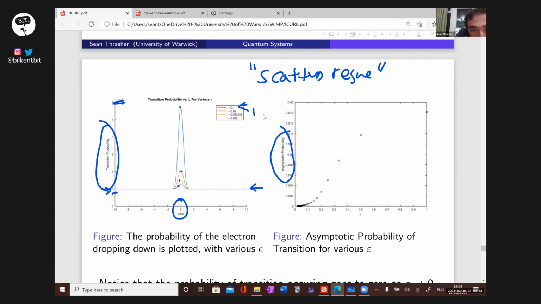So, the amplitude hits a maximum and it goes back down, but it doesn't go exactly to 0. It goes to some value, and that's the value we're actually interested in. And so I plotted what that is in terms of epsilon, and you can see that it forms kind of a weird graph. Now, the question is, does this confirm